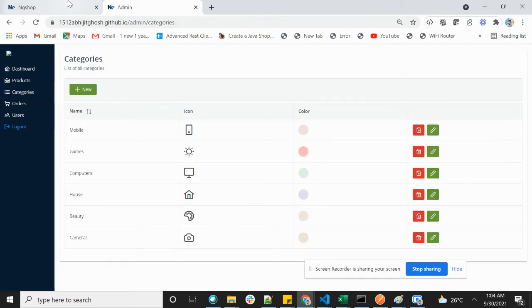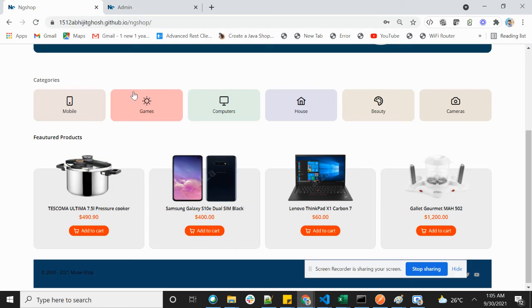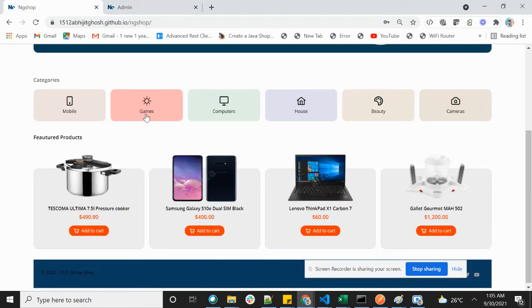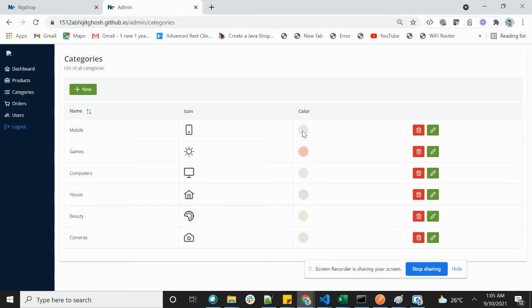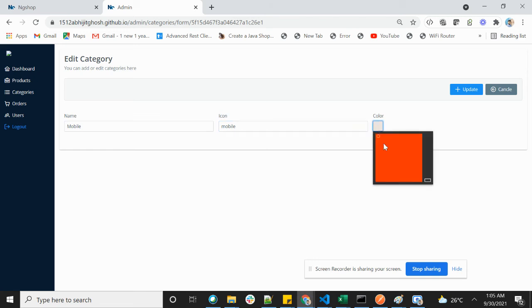Icons color you can change. All the colors you are seeing in the background, you can change from here also. It is not necessary that all the time the site looks the same, right? So you can change it from your admin panel also. Suppose let me show, okay, mobile color is this.